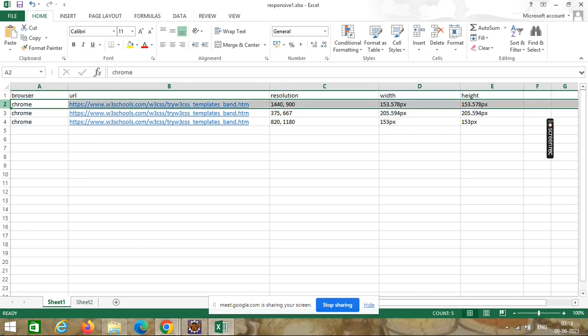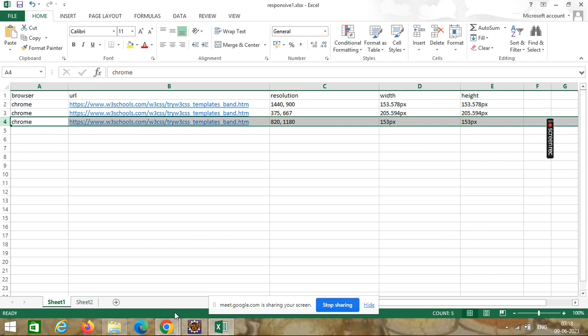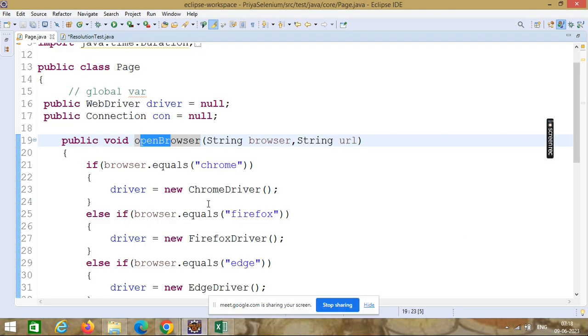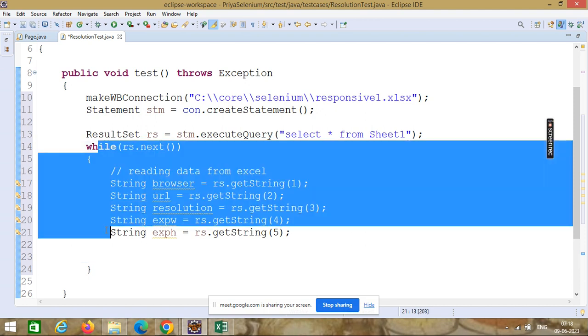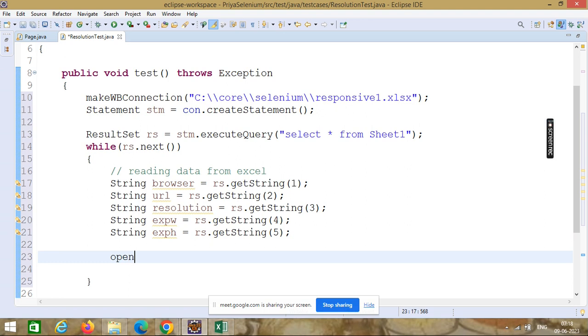One time for this, one time for this, one time for this. So I will write open browser inside the while loop. And which browser to open, I'll pass it, and which URL to open, I will pass it.